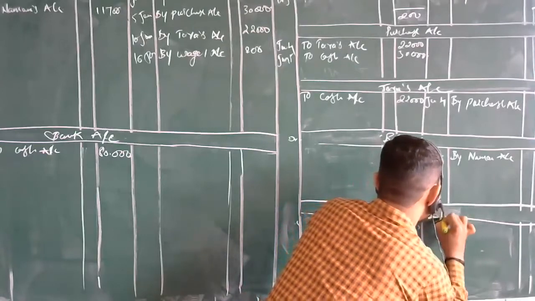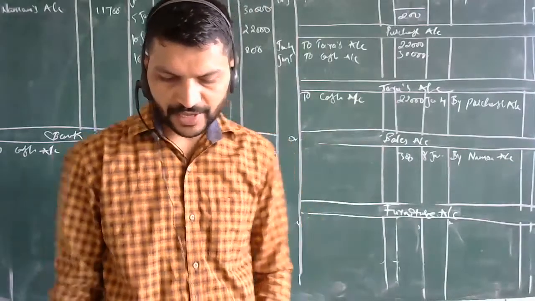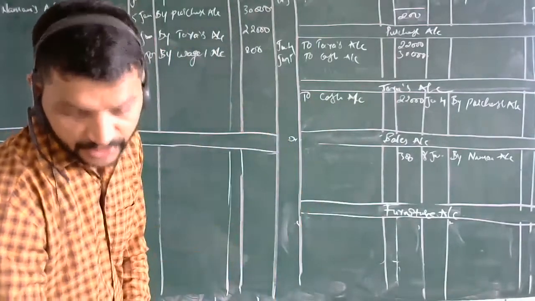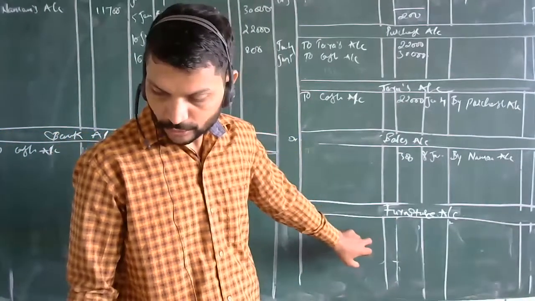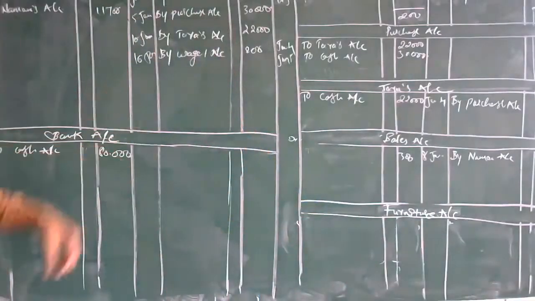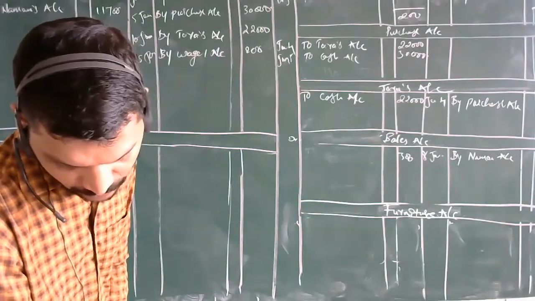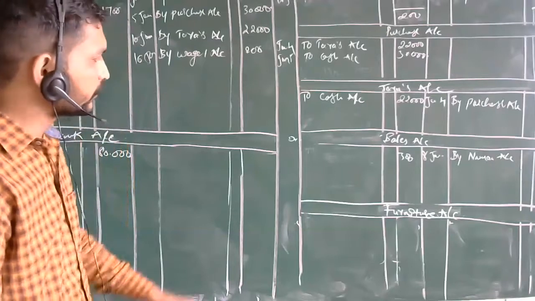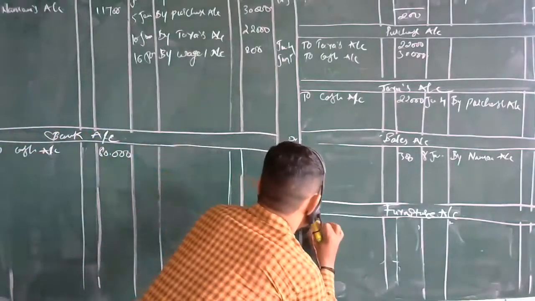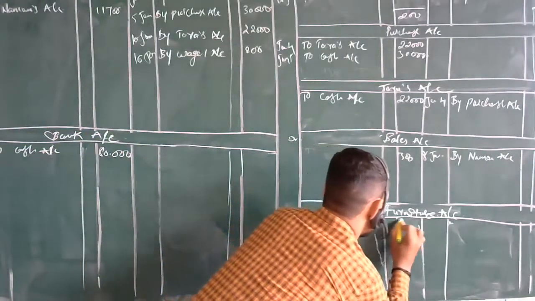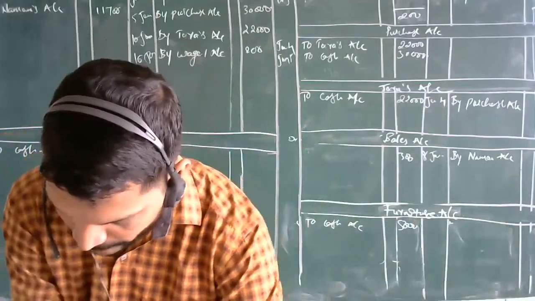Furniture account. Now what is the transaction here? Furniture account debited to cash account. You have purchased the furniture, so especially you are mentioning the asset name over here. So furniture account you are going to open here separately, and to cash account. You have purchased furniture for cash. How many rupees? 5,000. So furniture account is debited, means what entry we are going to take here? To cash account 5,000.